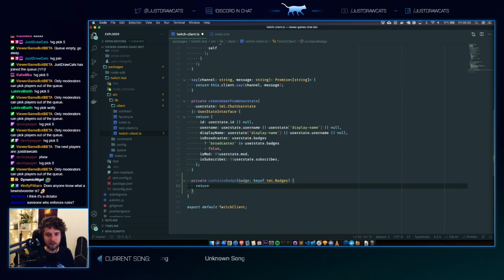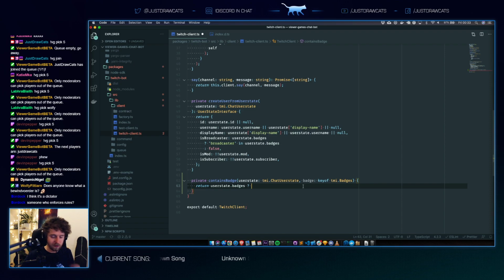And then we say if user state, which is of type whatever this is, if the user state contains the badge, which is just going to do this